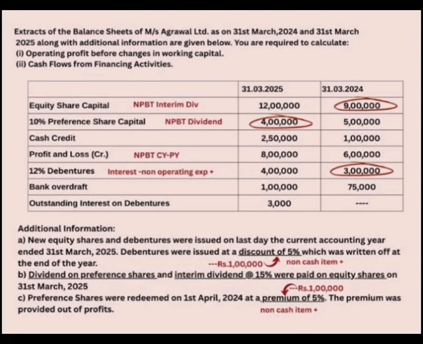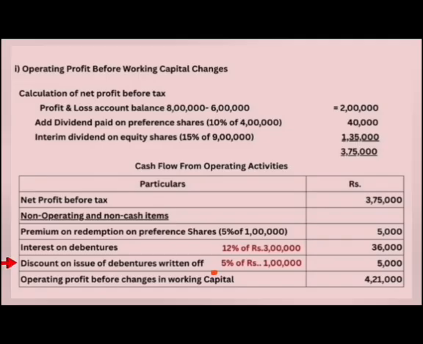Let's check the non-cash items. I have marked it already. Discount of 5% is given on issue of debentures. So 1 lakh we have issued. So 1 lakh at 5% is 5,000, which is a loss for the firm, and it will be added back